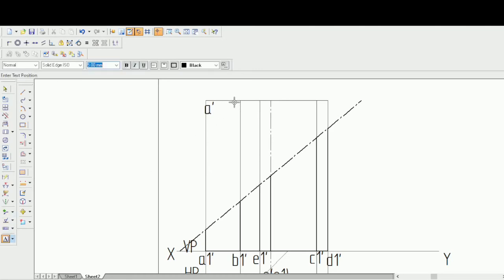So this one is going to be B dash. So this one is going to be E dash. So name that E dash, C dash, D dash. So using a move option, now let's try to